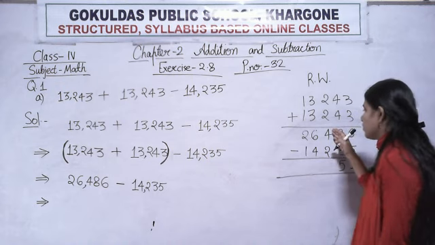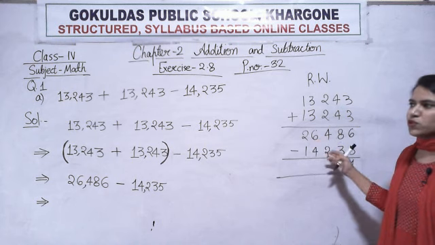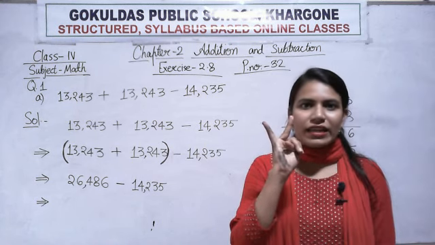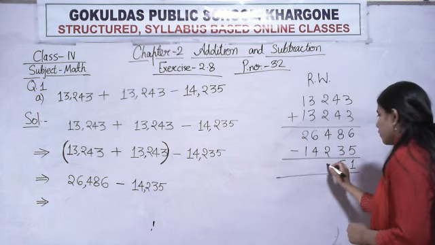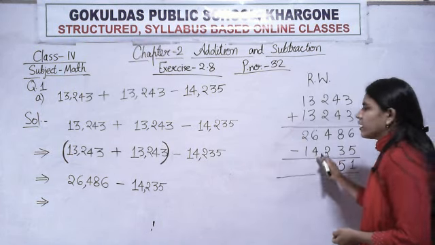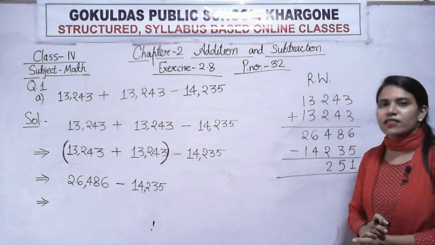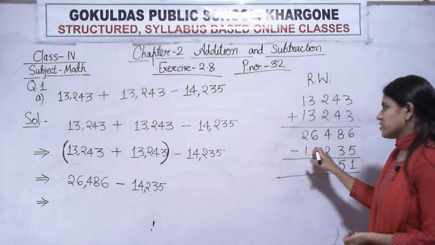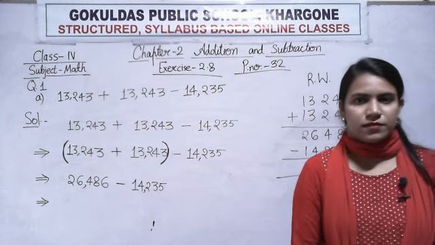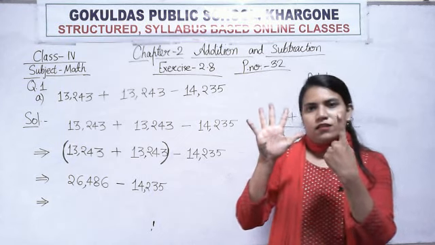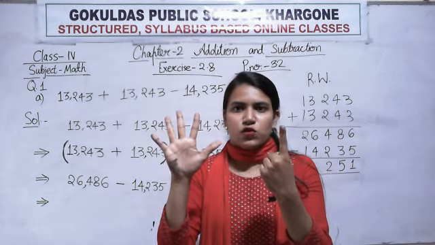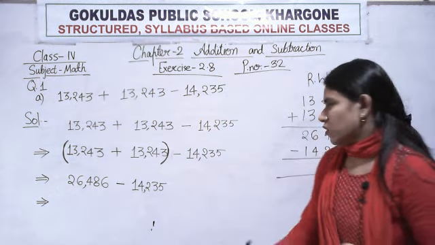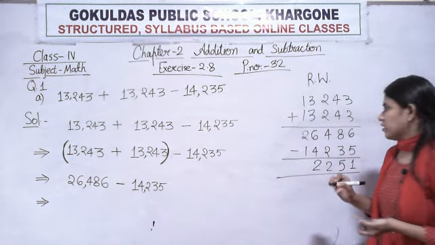Now move to the next column. 4 minus 2. 4 minus 2 is 4 minus 2. How many left? 2 is left. So you will write 2 over here. Now solve the next column. Solve the thousands column. The larger number is 6 minus 4. 6 minus 4 is, it is 6 minus 4. So 1, 2, 3, 4. How many left? 2 is left. So write 2 in the answer.